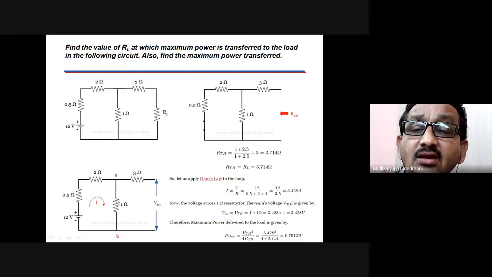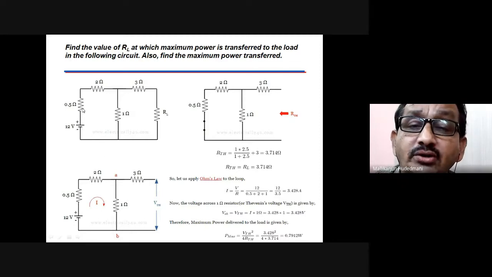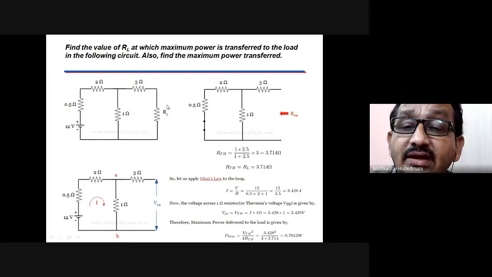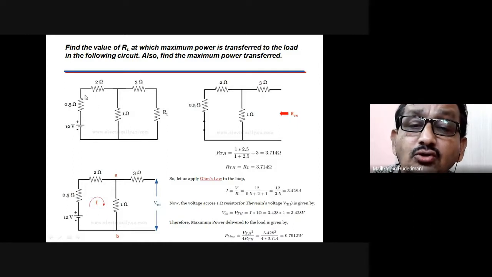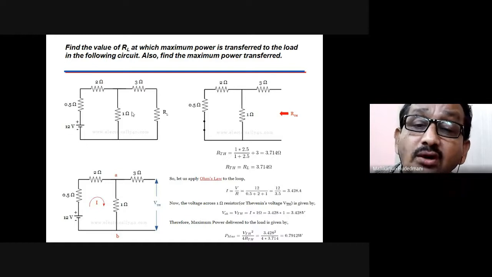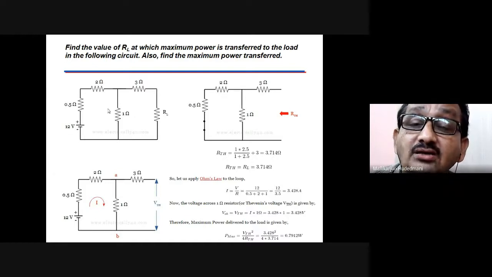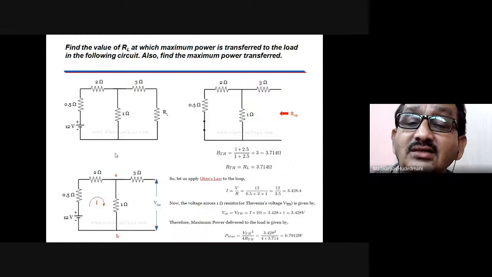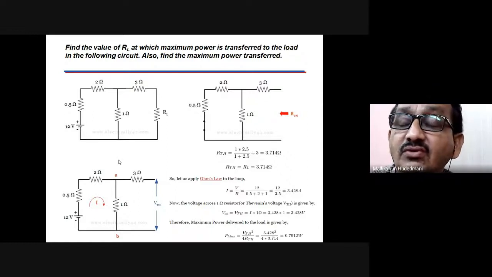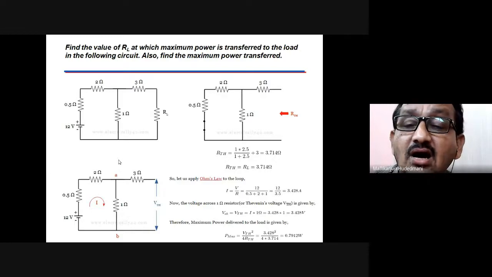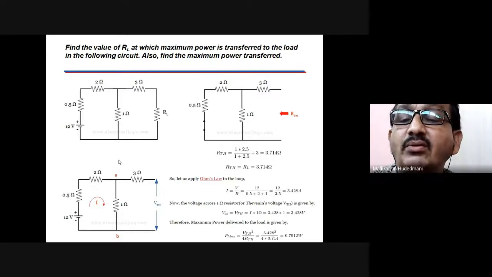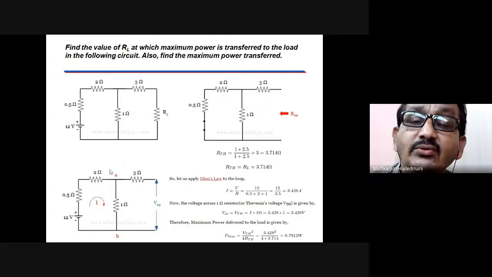In this way, given a numerical problem with different voltages arranged in and around the point of your interest, which is called the load point, you need to find out the VOC at that point. After taking the load out, short circuit all those voltage sources, open circuit all those current sources, leaving the dependent sources as they are. You have to find out the total R equivalent across the points of your requirement. That is RTH. That makes your work simple. At the end, RTH and RL must be one and the same to have maximum power transfer. Okay, this way you need to solve the problems.